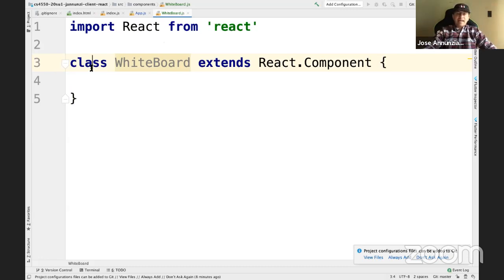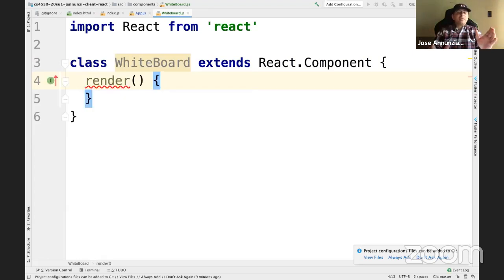So yeah, we have a brand new class that extends a React component. That component we're extending declares several hooks, several functions, and we need to override one of those functions. In particular, we need to override the render function. The render function is the mechanism for determining what content this component is going to render, and whatever the render function returns, the component renders. So return,